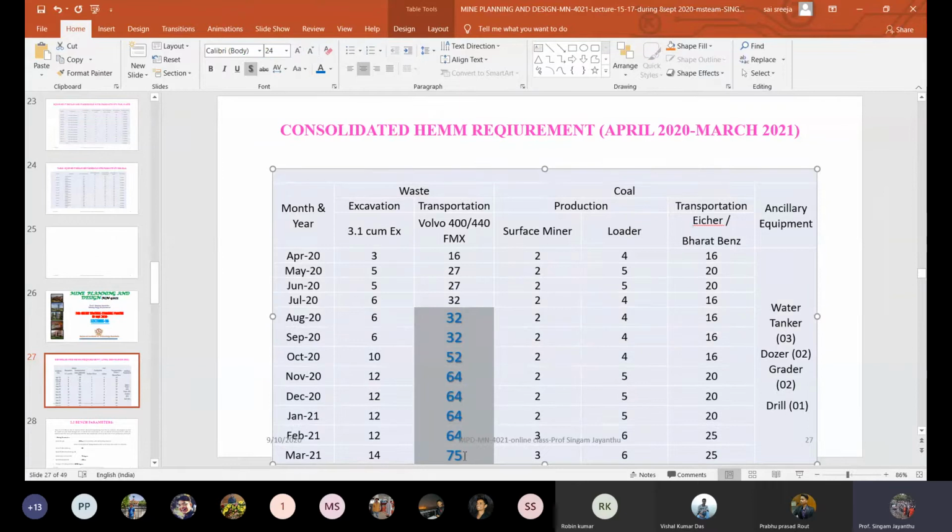Yes. So now 75 number of these dumpers, right? Trucks, whatever. Then surface miner 3 number in the March, that is from February, March, and then we are deploying 6 loaders for that, and then here including the name of the company that dumper trucks also they mentioned because they have those details with them. Then here other ancillary equipment so required and which was envisaged at the time of planning, not only planning, later based on the present condition also, because all the way